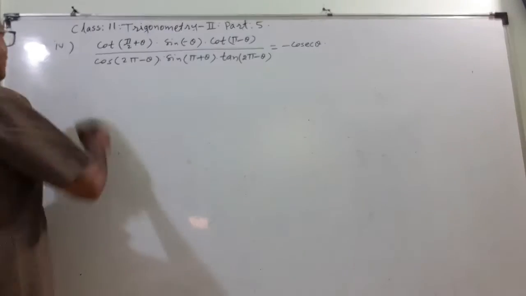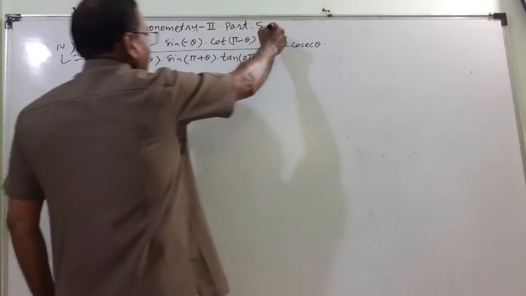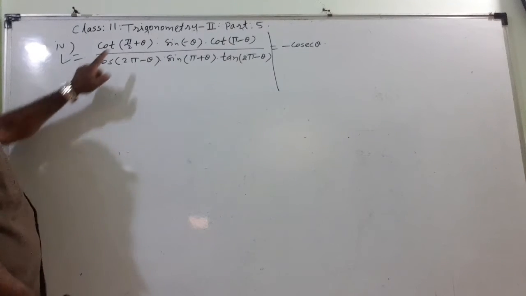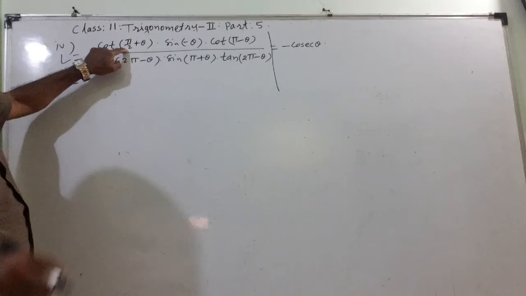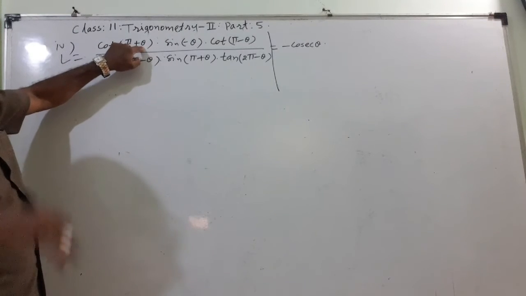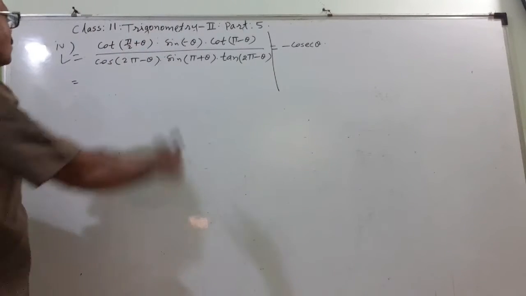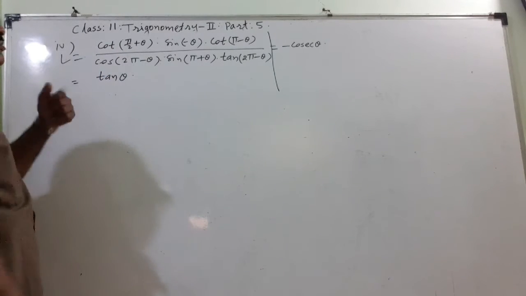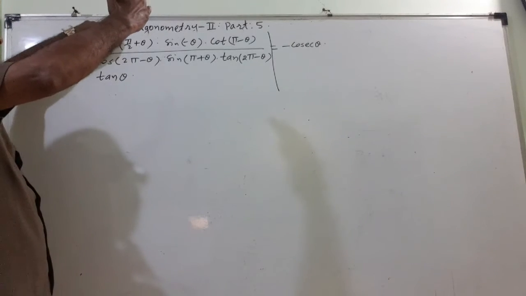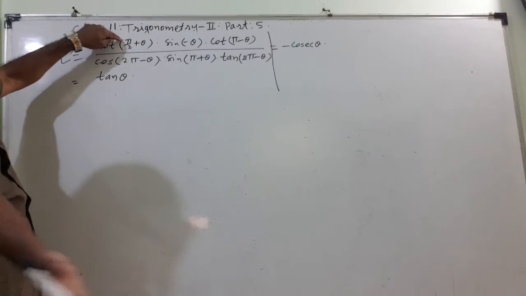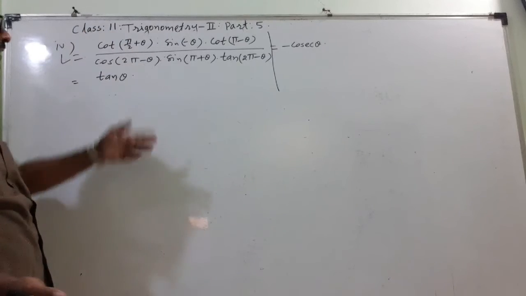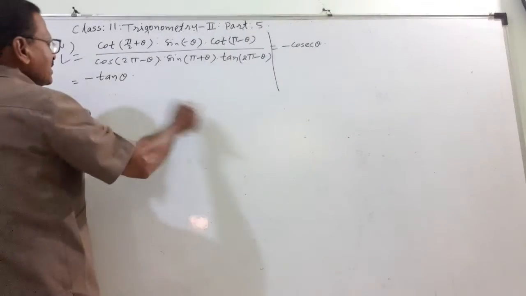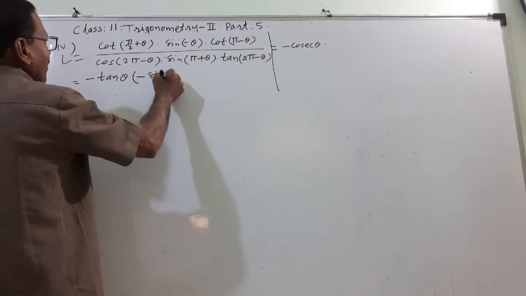So my first step will be LHS equal to, here itself I am writing LHS. That is equal to, pi means 180, 180 upon 2 is 90. 90 plus something, ratio changes. So what will become tan? Tan of theta. Now which quadrant? 90 plus something, second quadrant. What is positive in the second quadrant? Sine is positive. What are we searching? We are searching cot. So it will be negative. Sine of minus theta, just now we have seen, will be minus sine theta.